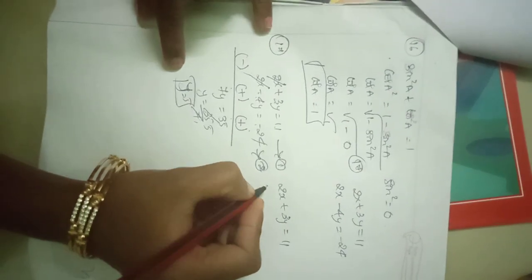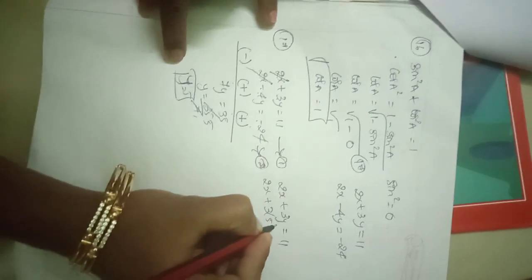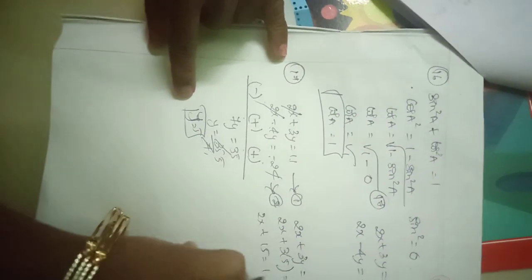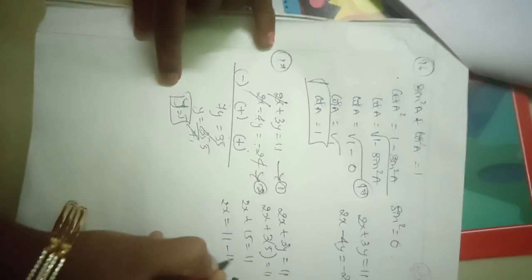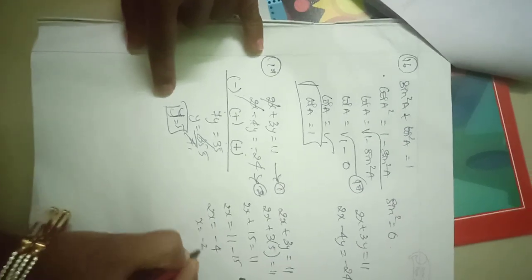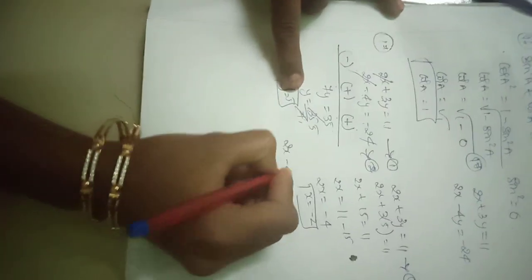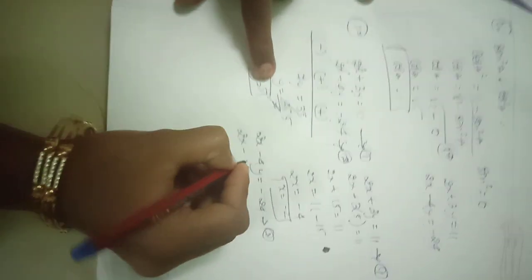In equation 1, in place of y we put 5: 2x plus 3 times 5, which is 15, is equal to 11. 2x is equal to 11 minus 15, then 2x is equal to minus 4, x is equal to minus 2. In equation 1 we have got the answer as minus 2. Then we will take equation 2, minus 24. In the exam, solving any one of the equations is more than enough. Then 2x minus 4